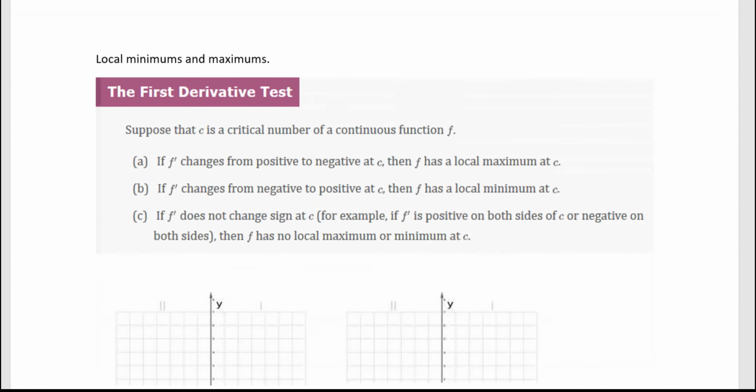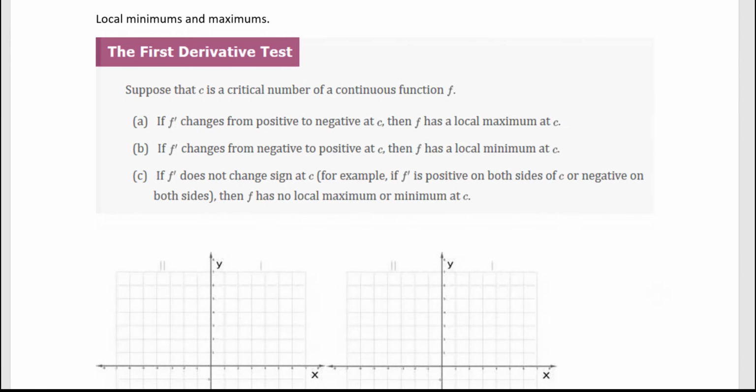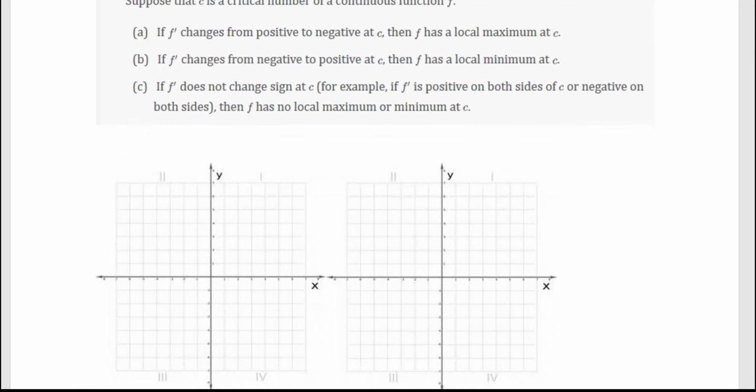Okay? Now, we can also use the first derivative test in this idea to find the maximums and minimums. So let's suppose we have a continuous function and we look at the critical numbers. Now, remember last section we talked about the critical numbers, and that's where the derivative is equal to 0. Okay. So the first rule says if it changes from positive to negative, we have a maximum. So if it's positive, it's going uphill. And then if it changes to a negative and goes downhill, clearly that's going to give you